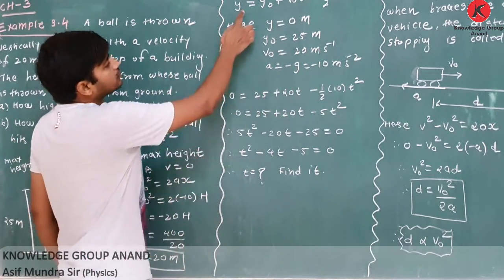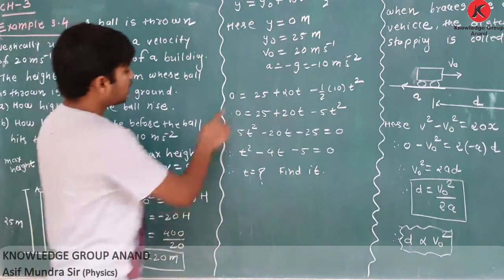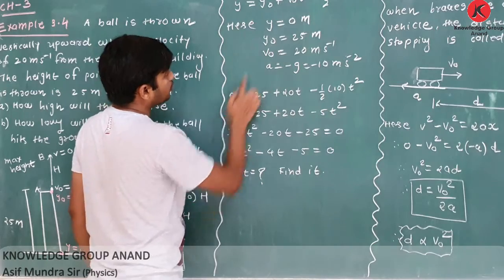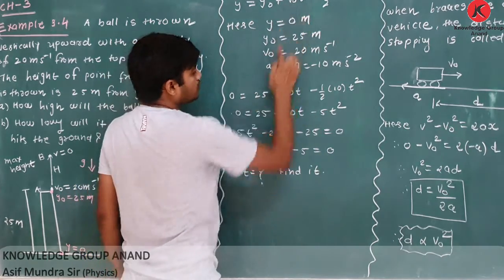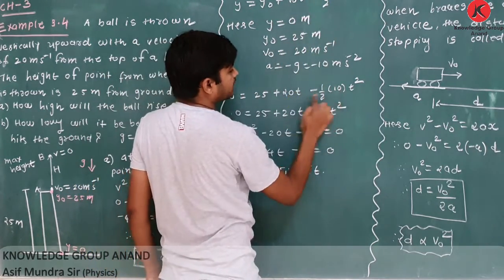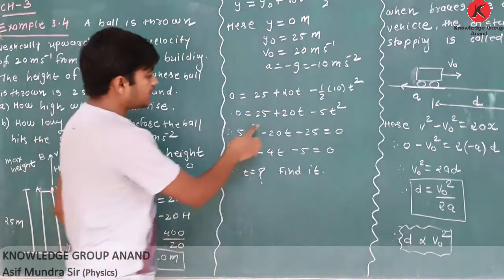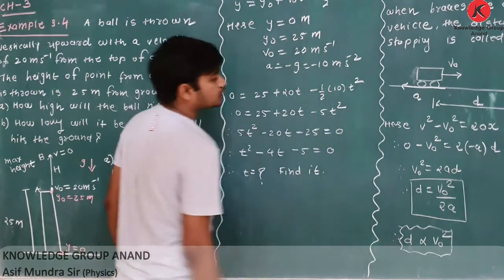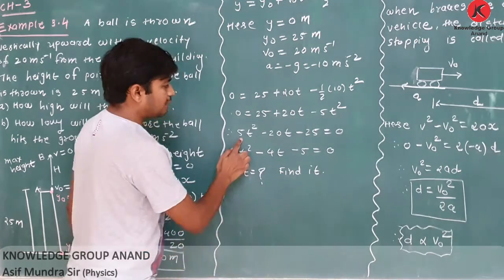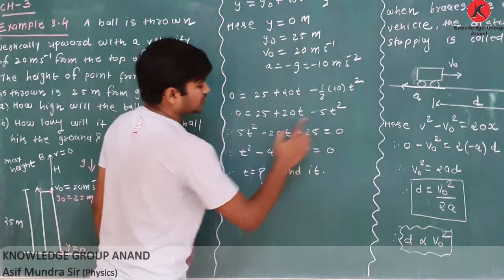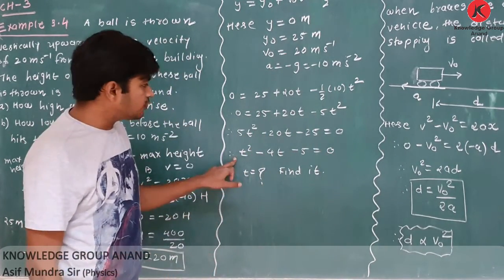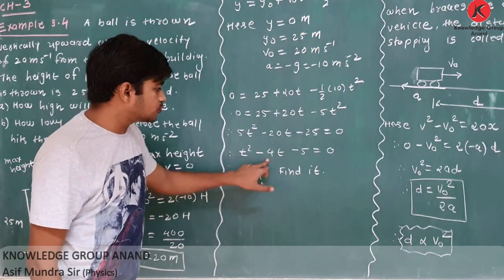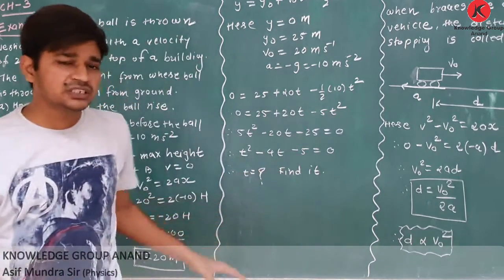So if in this equation you put all the data, y is equal to 0, y0 is equal to 25, v0 is equal to 20, a is equal to minus 10. Then 25 plus 20t minus 5t square, then 5t square minus 20t minus 25 is equal to 0. If you take 5 common, then t square minus 4t minus 5. Now you know this equation, in 10th